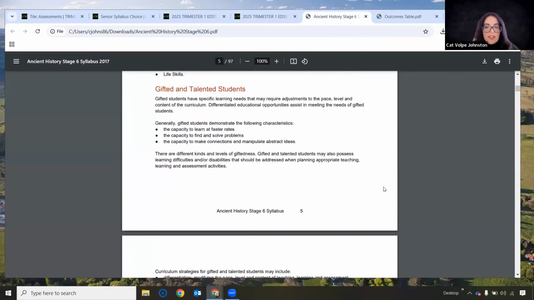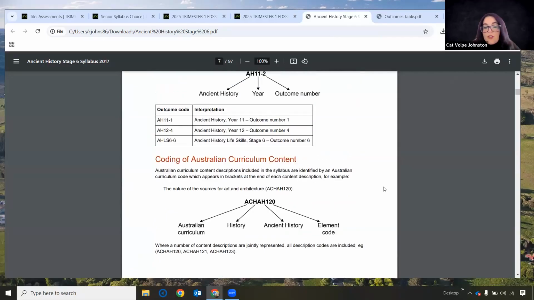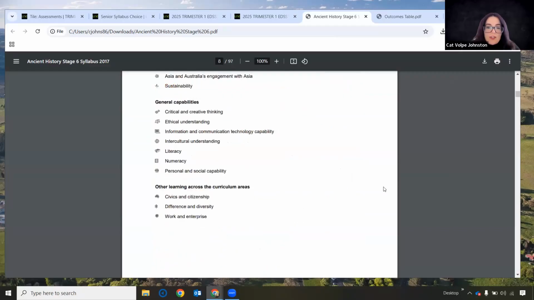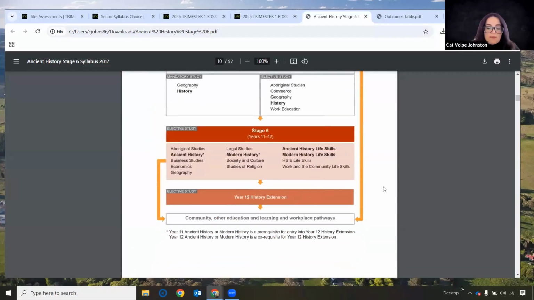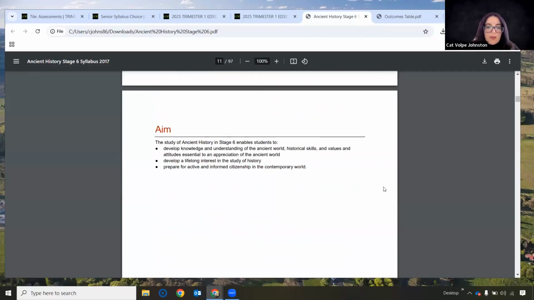It's sort of set up differently, which is kind of handy for those of you who are doing the ancient history syllabus. All right, let's just go to the units of work and have a look. We've got the aim of the ancient history syllabus,